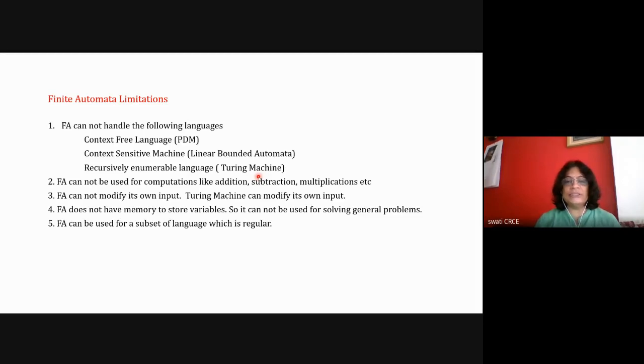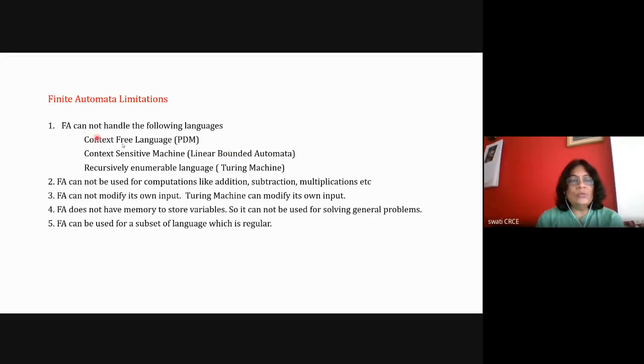So our digital computer is like a Turing machine, similar in capacity. But we are looking at the mathematical model of that machine. We are not going to talk about signals passing, circuits or the CPU. We are going to study the mathematical model of the Turing machine in the theory of computer science subject. So these are the three different machines that we are going to study. We will see one problem of linear bounded automata also to understand.